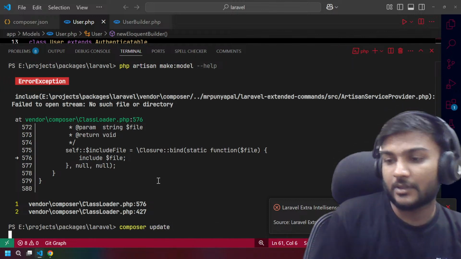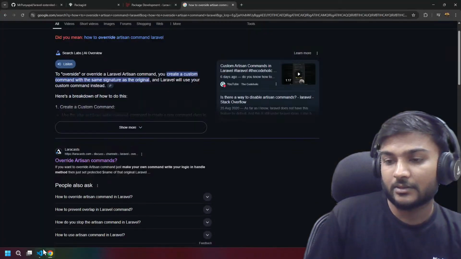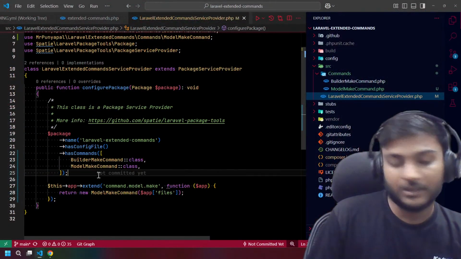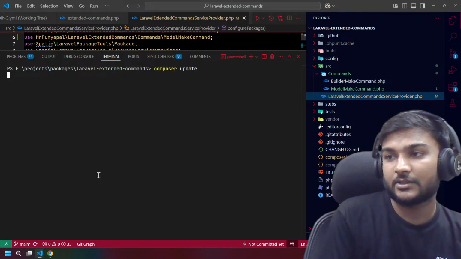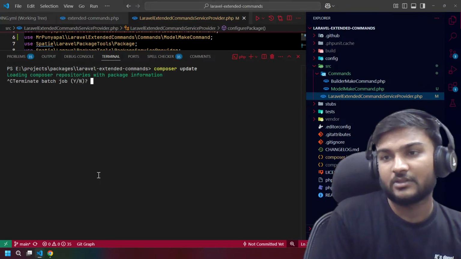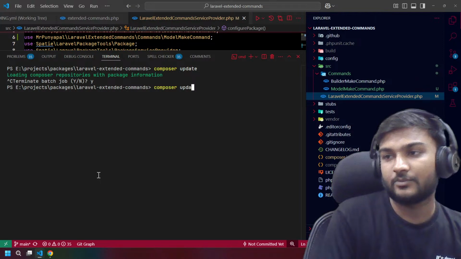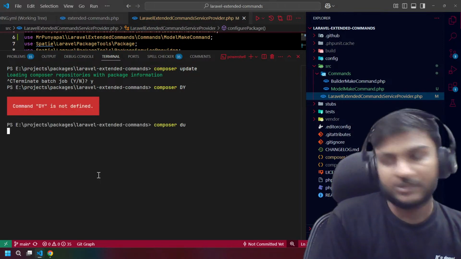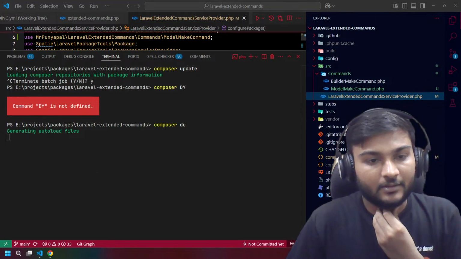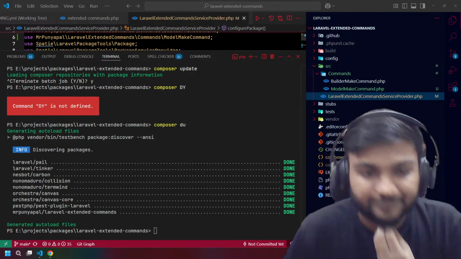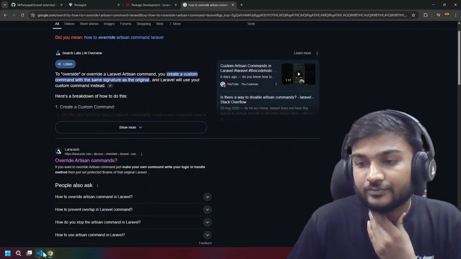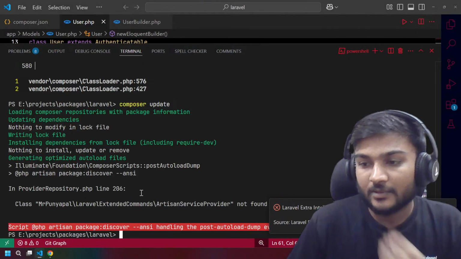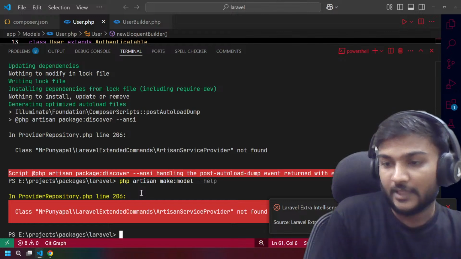Is it a composer update or we need to do dump-autoload here? Not composer update. No, you do composer dump-autoload. Okay. In absence of, yeah, boot. Perfect. So let's now help.